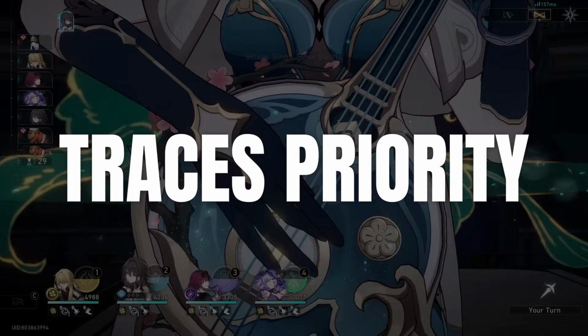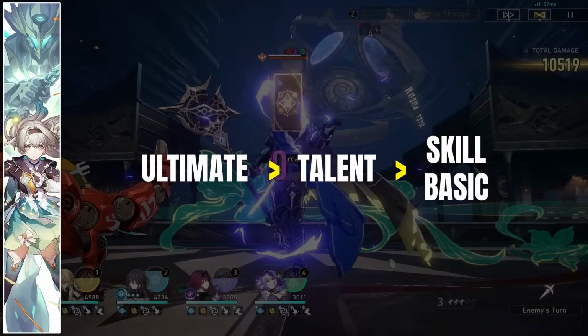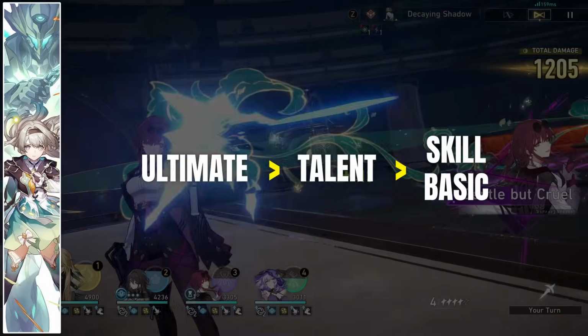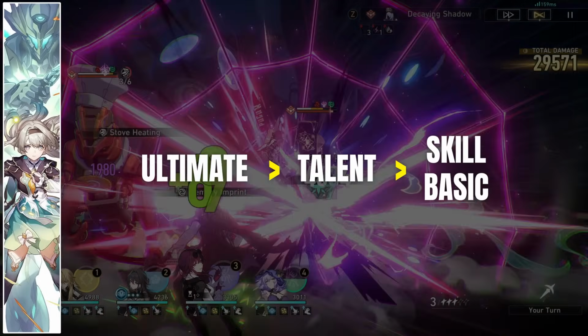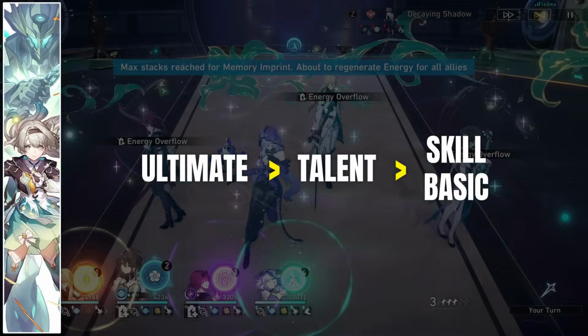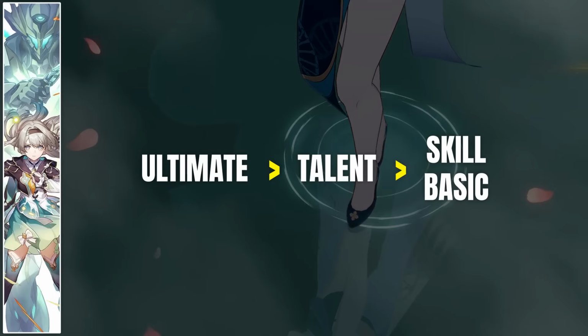As for which traits to level up first, well, her ultimate takes priority above anything else. You want to max that out first. You want to get the max 60 speed. Then you level up her talent, which is more of a utility, but it is important because it will help defensively, as